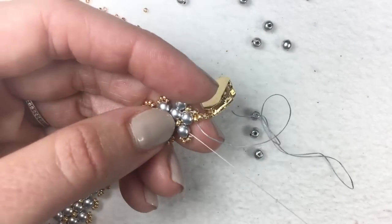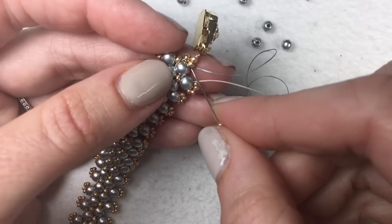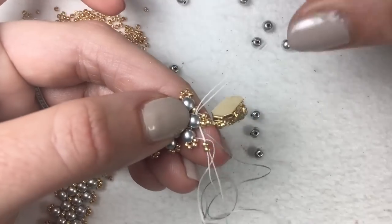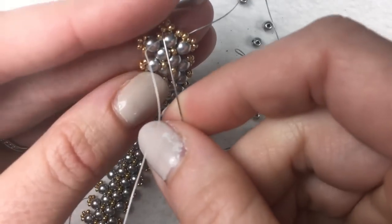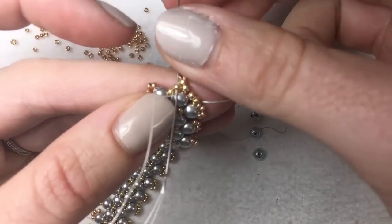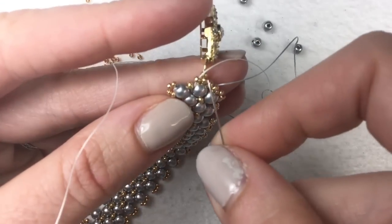We sewed right along that peyote line. And now 2 more 11-0s go on to finish off the project. And then back up to that second hole of the mini RounDuo in the middle. One more time then, I'm going to reinforce my clasp, going up through the 11 that sits there, going up through that 11-0 in the middle,